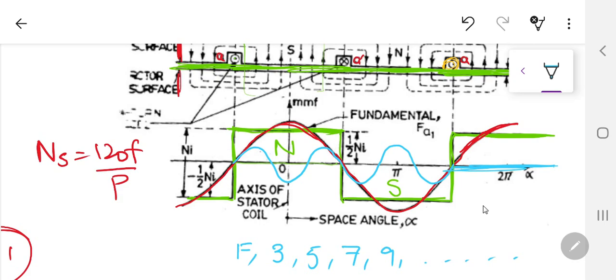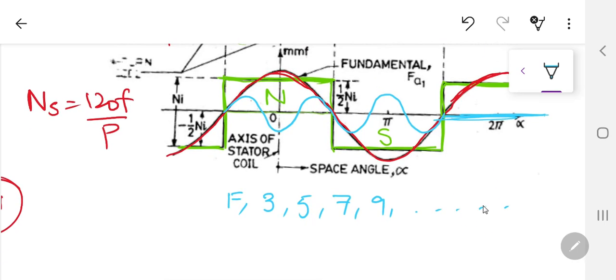This is a very simple rule from the Fourier series, that if your waveform is symmetrical with respect to the x-axis, you are not going to have any even harmonics. So only odd harmonics are going to be there. Just for now, as this topic concludes at the very end, I will talk in detail that the third harmonic or the multiples of the third harmonic, because afterwards this will be 9, then 11, then 13, then 15. All of these third harmonics or multiples of 3 harmonics are not going to be there inside a 3-phase machine. Why? We will find it out later.